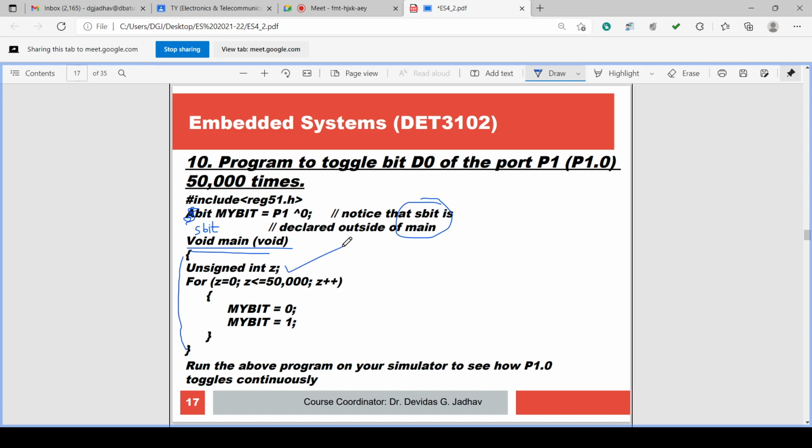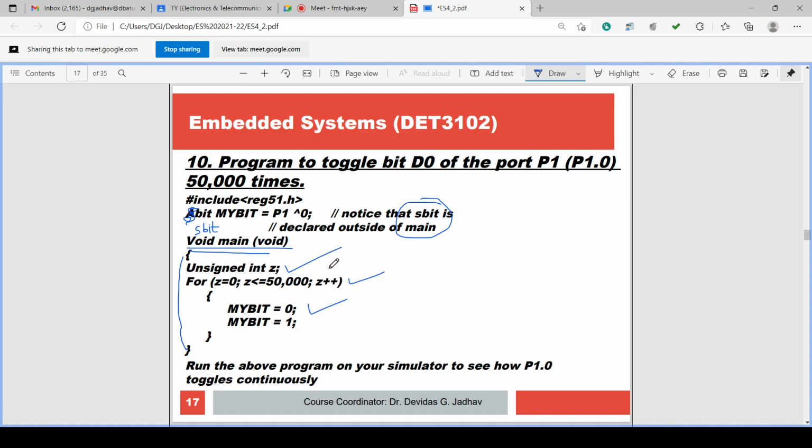Then unsigned integer z, the variable is defined. For z equal to 0, z less than or equal to 50,000, increment z, 50,000 times we are outputting. My bit equal to 0.